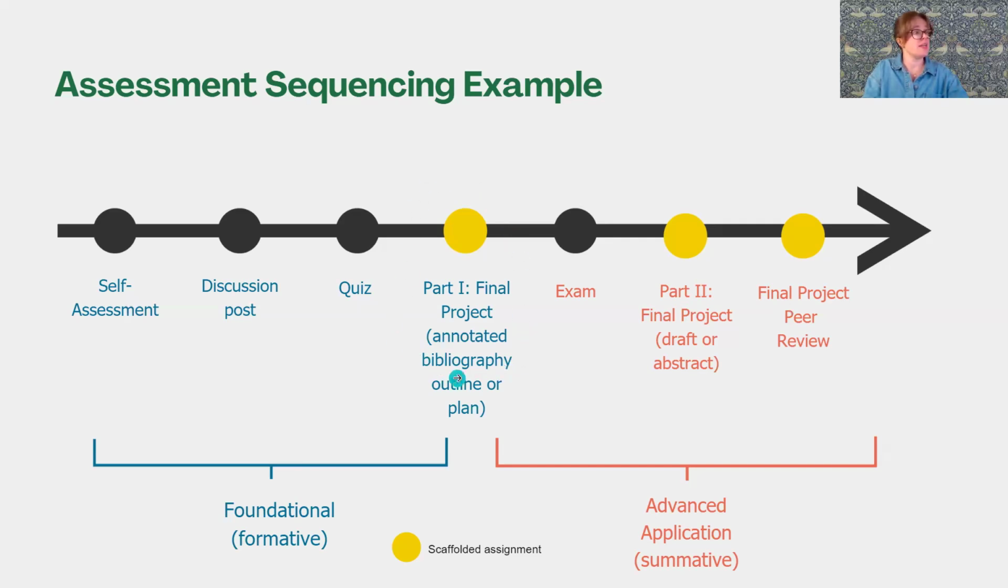But part one, maybe they are developing an annotated bibliography, and that's done earlier on in the course, right? Part two, and this could be in any particular order that suits your objectives, they're developing a draft. Then potentially they give it to a peer to review for feedback before they submit the draft to you. So again, breaking that up into smaller steps helps the learner, and it also helps you,